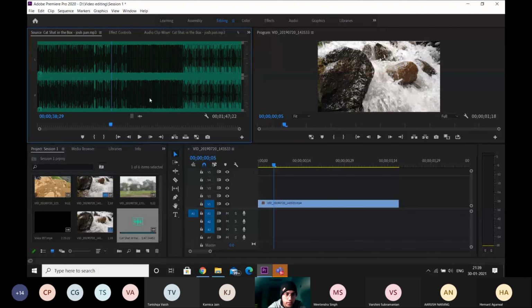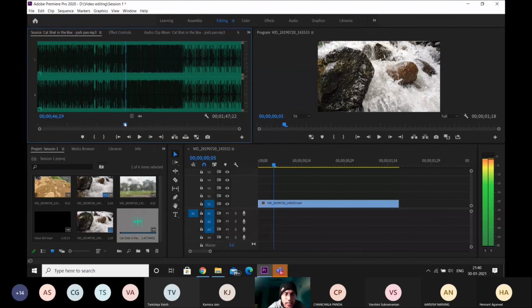So if you can see, there are a lot of these bars and lines in the video right now. These are basically audio levels. So let's say there's a loud part of the song, then the bars are really high. Whereas if the audio is low, the volume is low, so in that place the height of the bar is less.